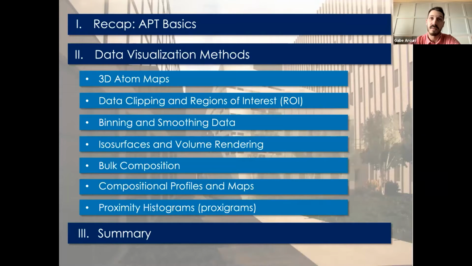In the next part, I will discuss the different ways we can quantify these subvolumes using bulk compositions, 1D profiles, 2D contour maps, and even 3D profiles. And then I'll finish up with a quick summary.